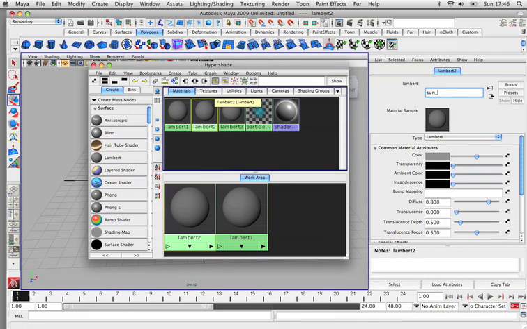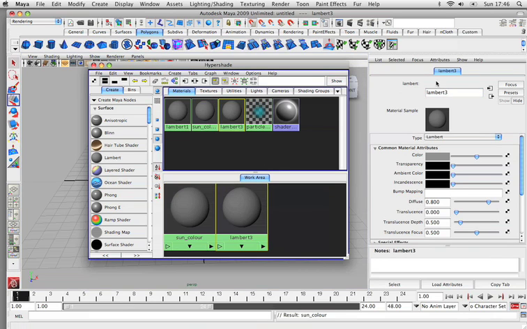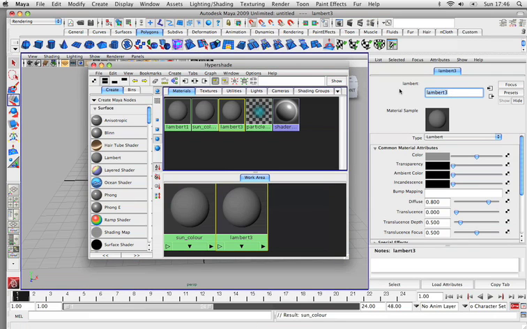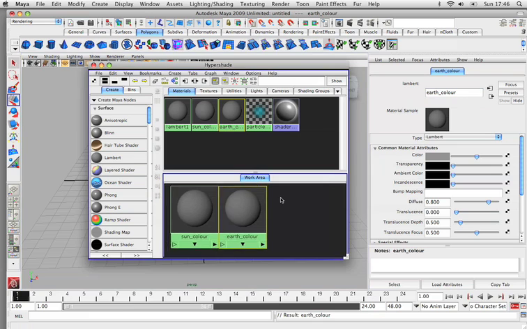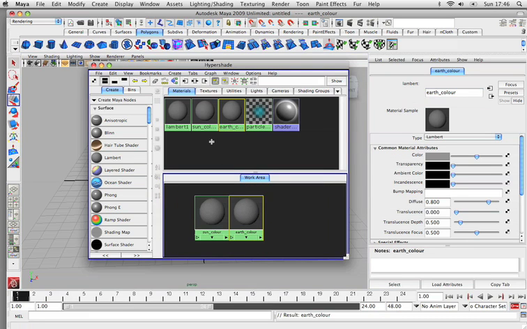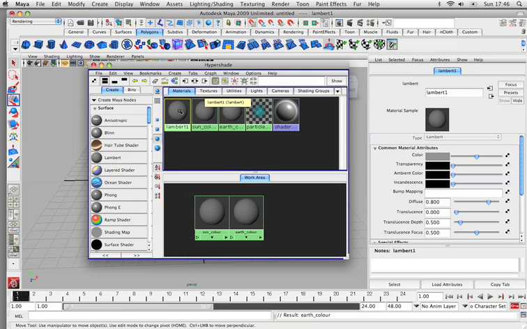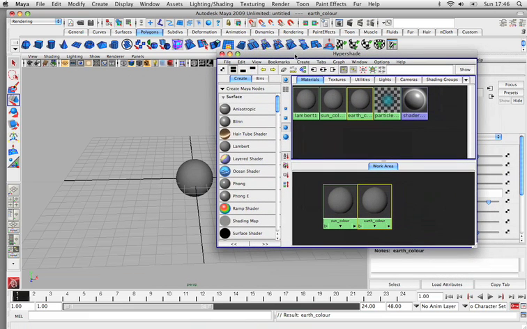or colour, we'll do colour. And then this one here, Lambert 3, we're going to call this Earth underscore colour, and then click off it. So you'll see that here in the work area we've got two of these, and then in the top, in the default of all the materials that objects that we have a default Lambert, we have the Sun, and we have the Earth. So if I go into